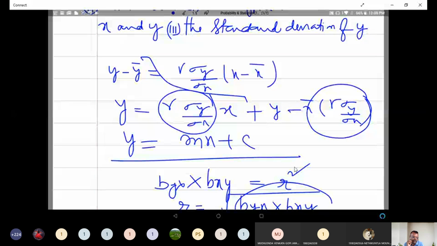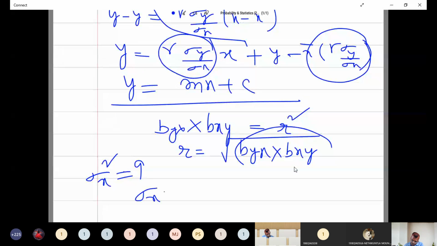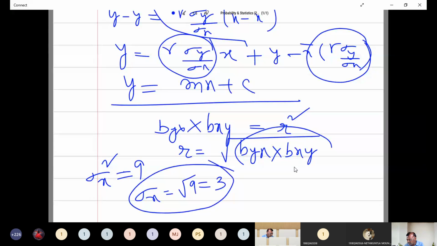That is the second part of this problem. And coming to the third one, we need to find out the standard deviation of y. Already we know the value of sigma x square. Sigma x square is equal to 9 and sigma x is equal to root 9. Root 9 is equal to 3. We need to find out sigma y,